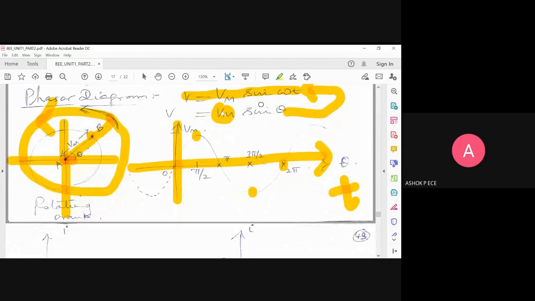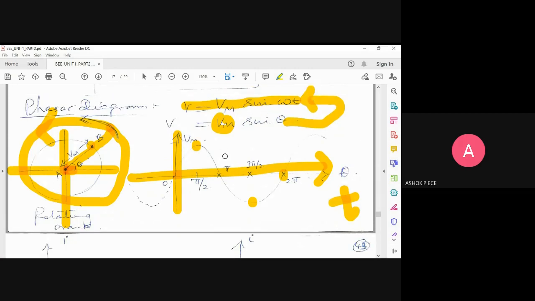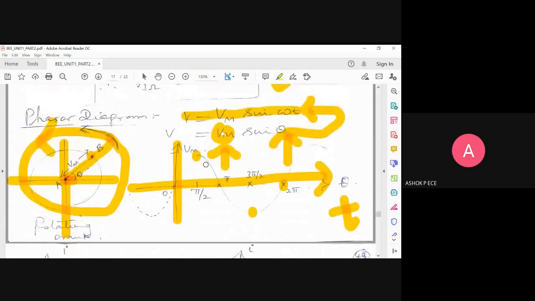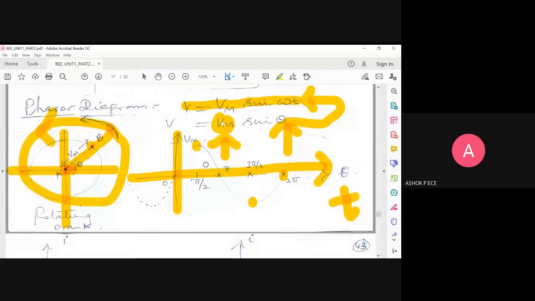The same waveform, I can represent in a phasor diagram as well as in time domain. When you look at the signal as a vector, it is very effective to represent the signal in a phasor diagram rather than the time domain. Because in time domain, you need to draw depending on the values. But a phasor diagram purely depends on the magnitude or the peak value of the signal and the angle. So it depends on only two parameters. Are the basics of the phasor diagram clear to everyone? How to draw the phasor? Yes, sir. Okay.